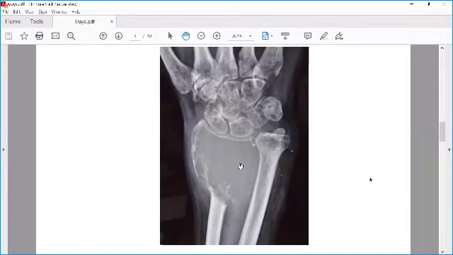Soap bubble appearance you can confuse with the aneurysmal bone cyst also. Always remember that GCT always goes near the joint line. And remember, distal femur is most common, so distal femur or radius. If they show this X-ray, then you are sure that this is GCT only. You will not make it wrong, so don't mark wrong. GCT is very common and it comes in exam.